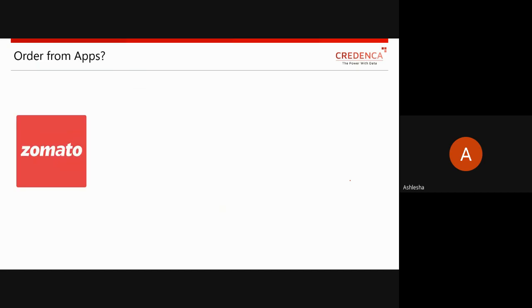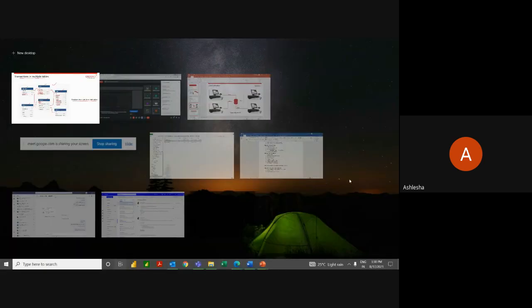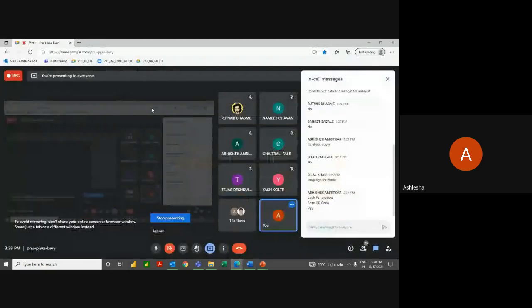Till this point, is there any doubt? Look for products, scan QR code, pay. Good, Abhishek, good.